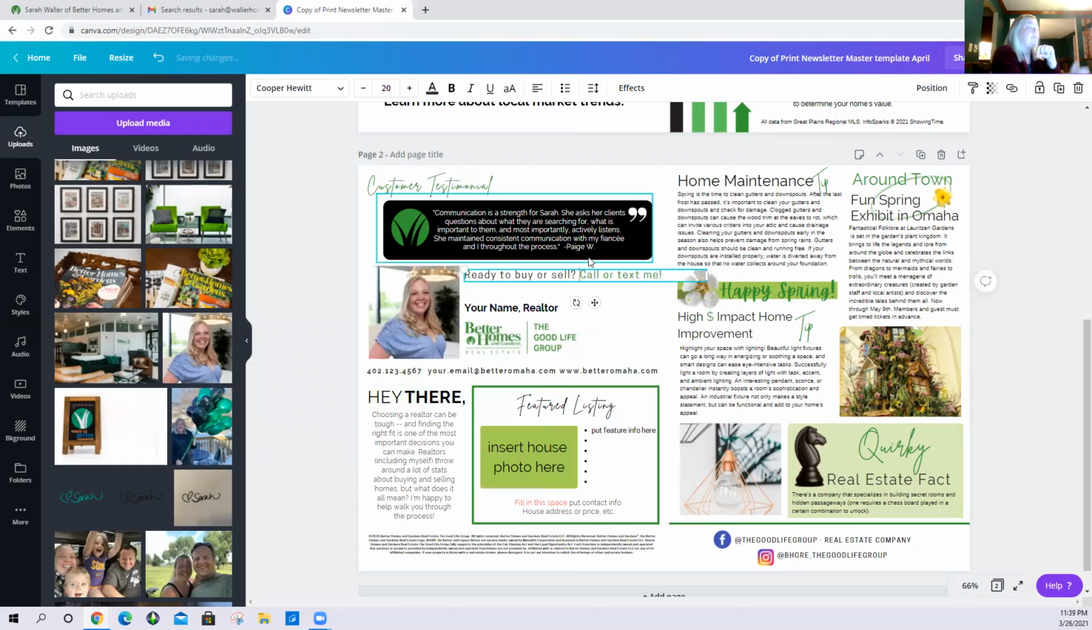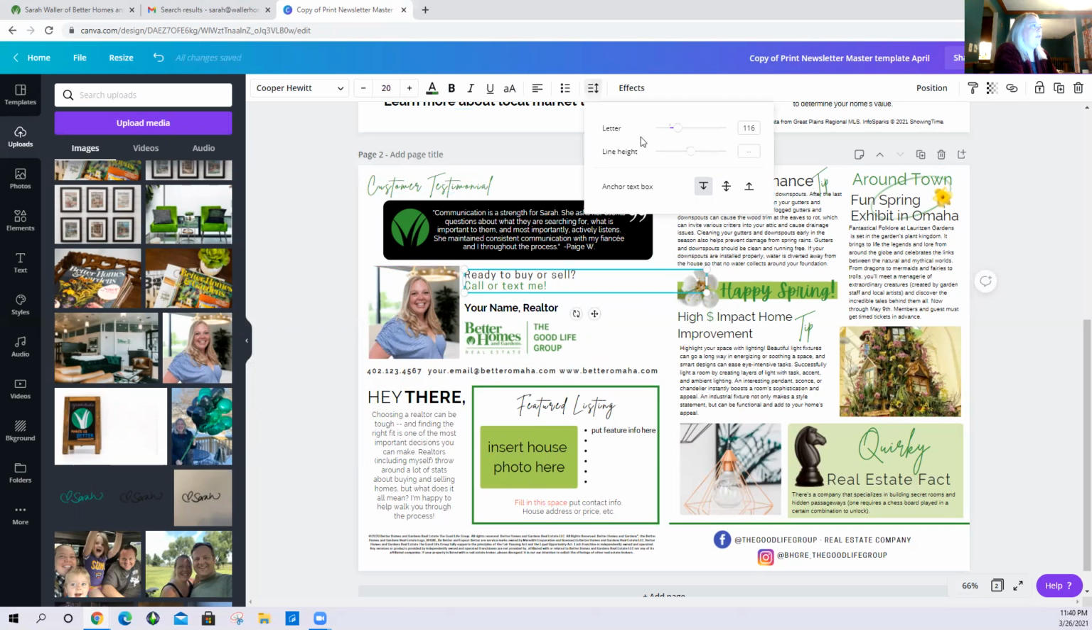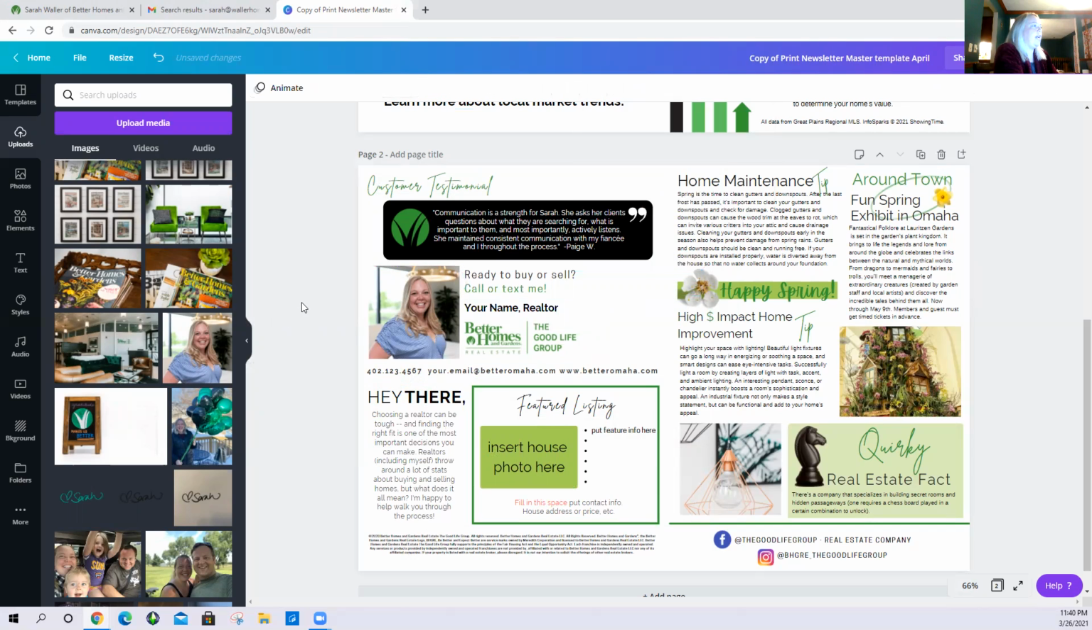You could even, here's the thing, if you like, color the text. There you go. So feel free to do anything like that too. That looks kind of cool. It's a black, green. Okay, so now I'm just going to do Sarah Waller,